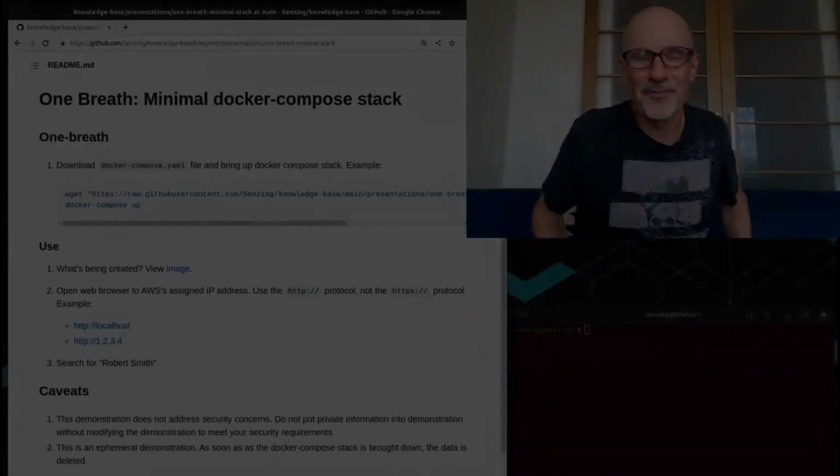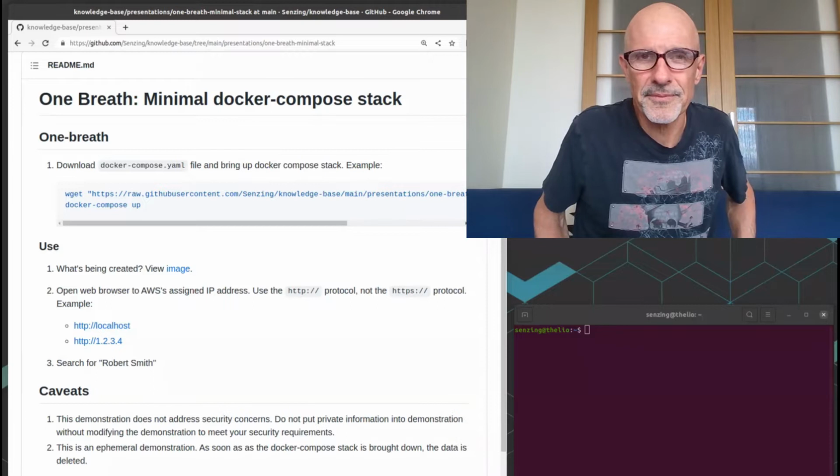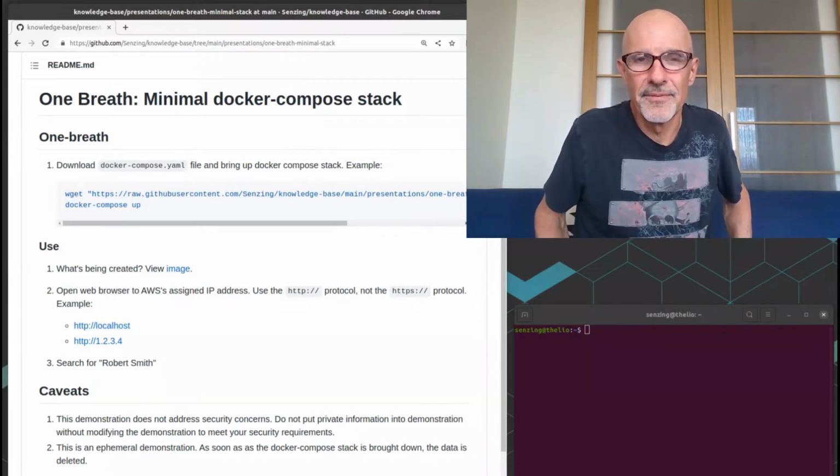So you've got something you're going to show us that can be done in one breath with Senzing. So what do you got in mind? Yeah. So what I'd like to do is show you how to bring up what's called a Docker Compose stack that has a number of different elements that bring up a system to use Senzing. Naturally, Senzing is a library, but sometimes you want it in a system. And here's what I'll call a reference architecture. And I'll bring that up using standard componentry like Docker and Docker Compose.